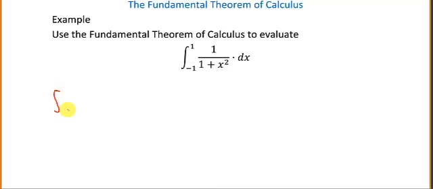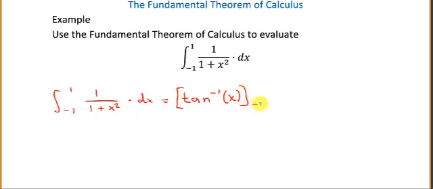Okay, the integral from negative 1 to 1 of 1 over 1 plus x squared times dx. Now you have to remember, who has 1 over 1 plus x squared as its derivative? Well, that's tan inverse. So this would be tan inverse of x. You have to remember all those. All right, from negative 1 to 1. And so if I evaluate tan inverse at 1 minus the value of tan inverse at negative 1,